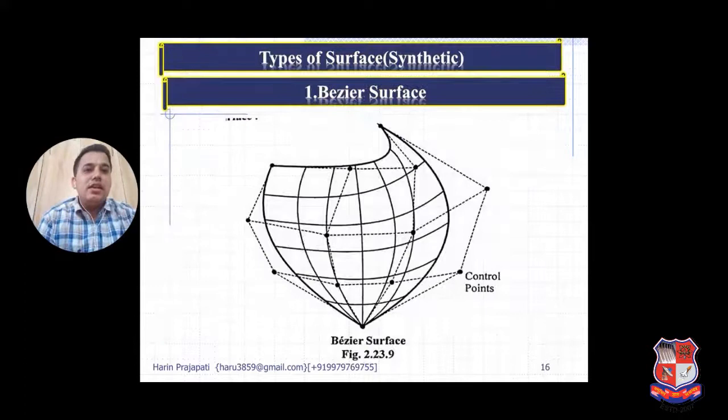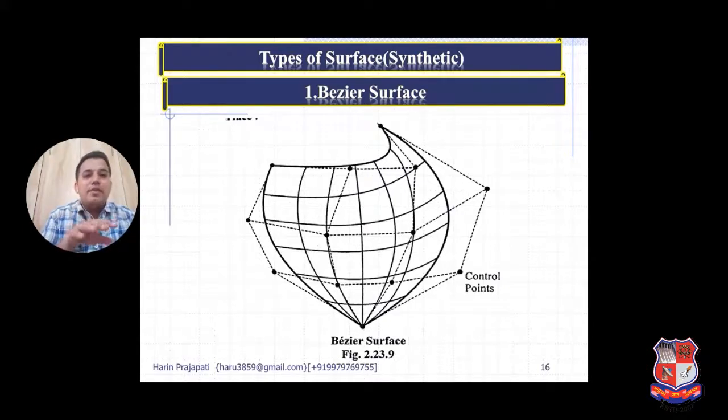Another type is the synthetic surfaces. First is the Bezier surface. What is the property of the Bezier surface? A Bezier surface has control points. Some books call these data points. The surface does not necessarily pass through the data points or control points, but by using a control point we can change the shape of the surface.